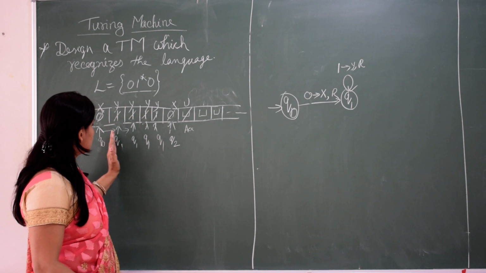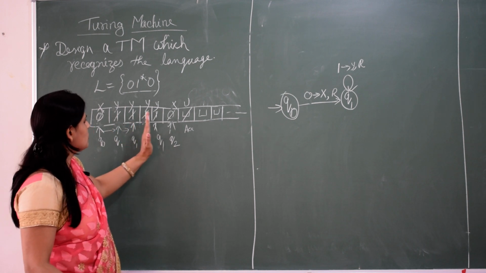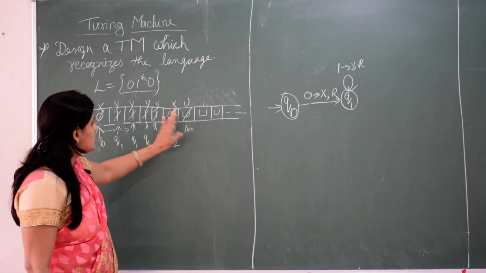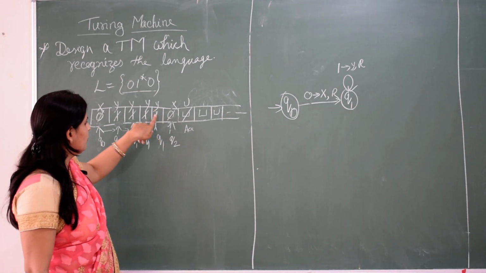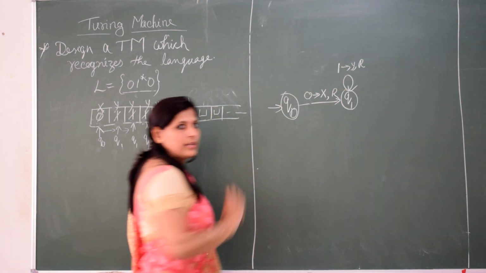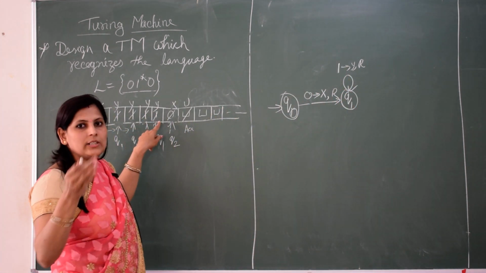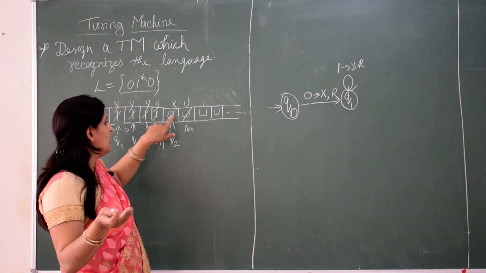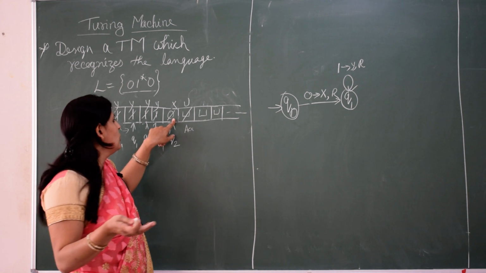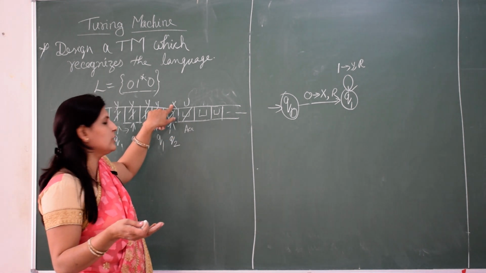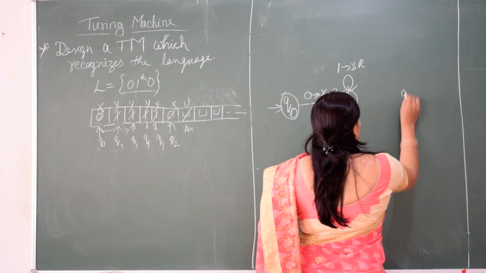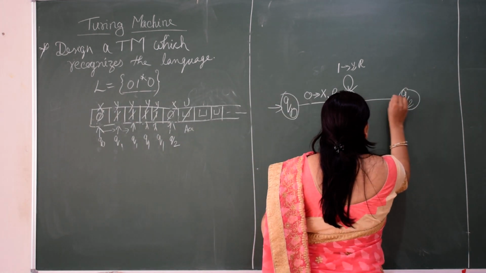We are following this Q1 again, and for this symbol also we have done it. Right now next we have 0. So what are we doing? The same operation has been performed as a self loop, and we have converted all 1s to Y. Next, what do we want to do? We read 0 here now. Since we read 0, we will convert it into X and we will move to some other state.